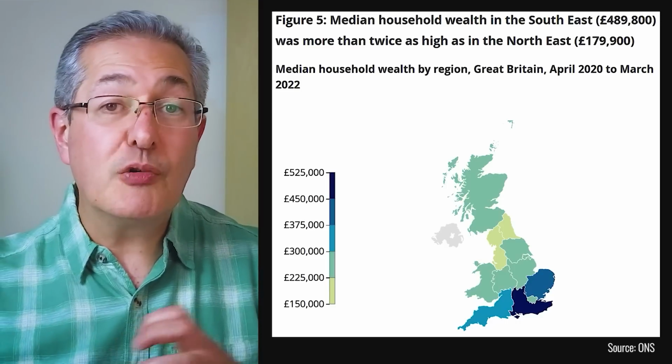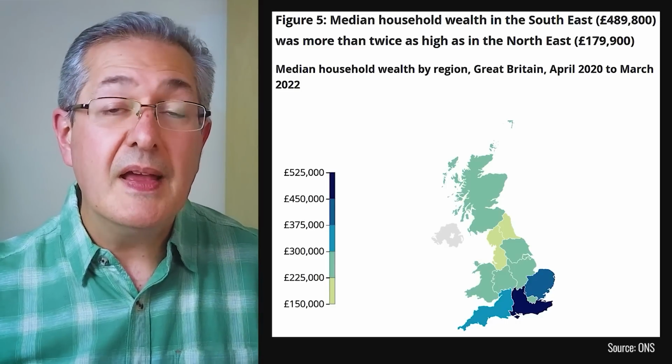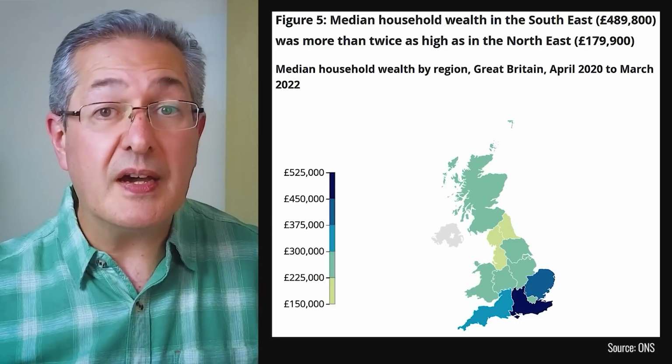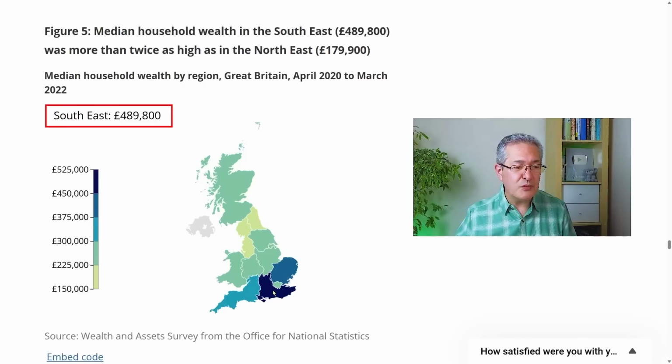We can also look at the geographic distribution of wealth in the UK, and it's very clear there's a north-south divide here. So the median wealth in the richest region is the southeast, where it's around £490,000. The east of England is around 400,000, and if we look at the southwest, 348,000. But compare that with the poorest region in the UK, and that'll be the northeast, where the median household wealth is around 180,000, a vast difference geographically. Now, if you go further north, the wealth does pick up a bit, so median household wealth there is around